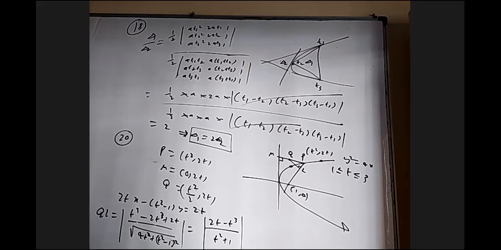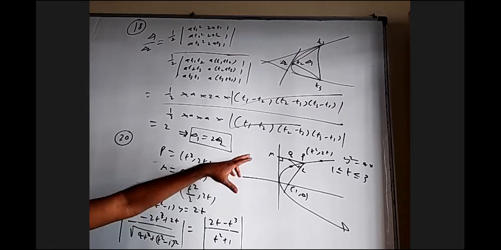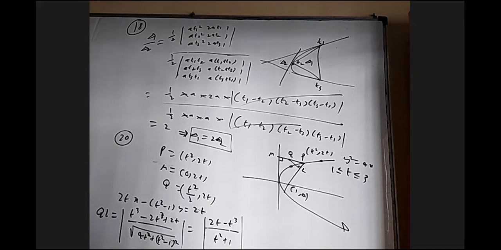Minimum is 0 when you take cube root 2. How can it be 0? When t is cube root 2, why is it 0? Is something wrong? Sir, t is between 1 and 3. Yeah, cube root 2 is less than 3. Root 2 is 1.414. I'm saying when you take t common, 2 minus t square, t equal to root 2, it is 0, right? I'm asking how it is possible. I've made some mistake.